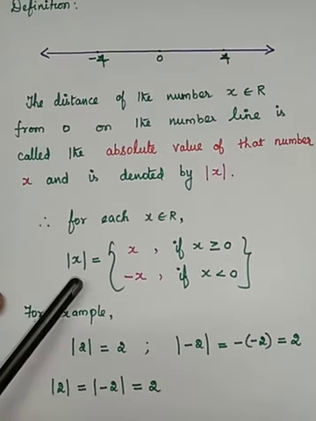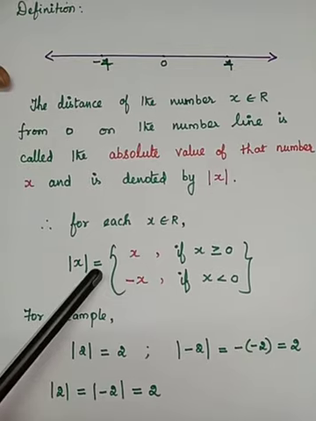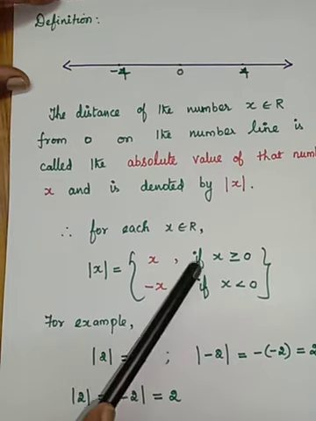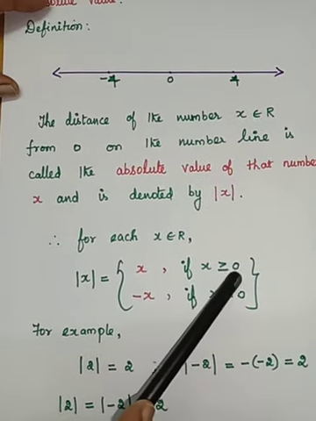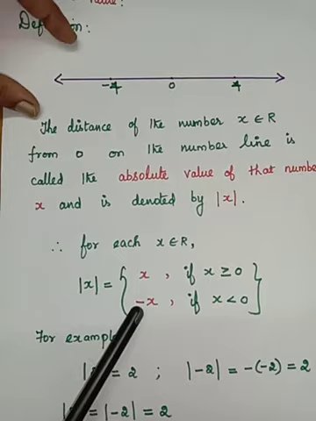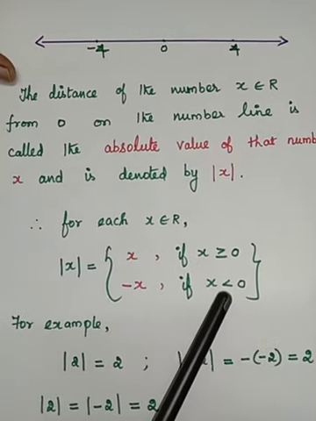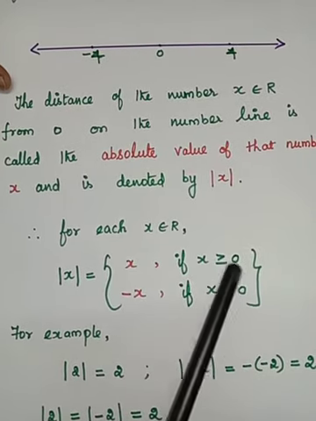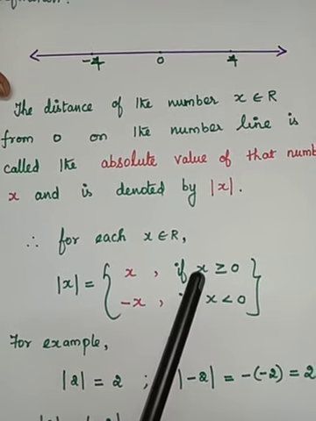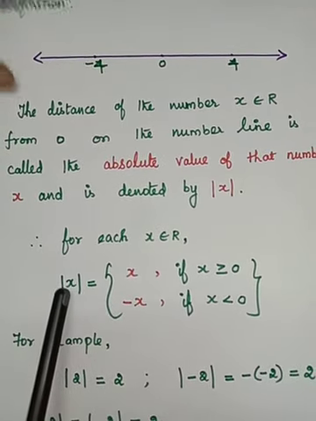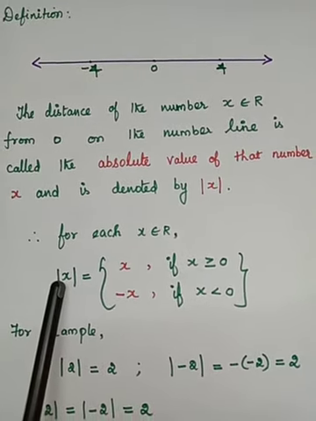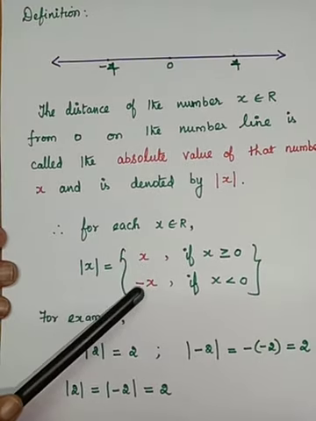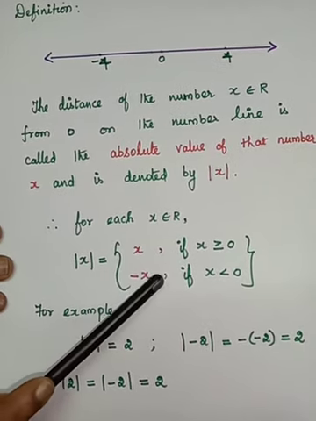So, it is defined like this. You see that modulus of x is defined in both the ways. Here x, if x is greater than or equal to 0. And here you are having minus x if x is less than 0. Okay. See now, x is greater than or equal to 0. X is a number. Here modulus of x is a distance. That also is a number, but it's a distance from origin to that number. The distance cannot be negative, I have said. But here we have written minus x.